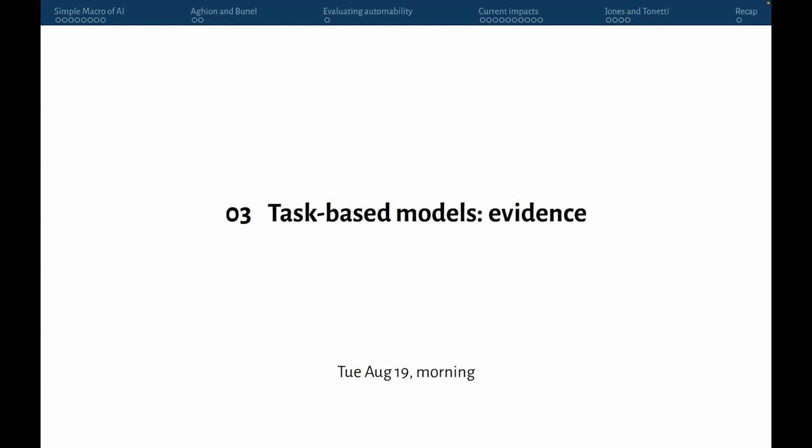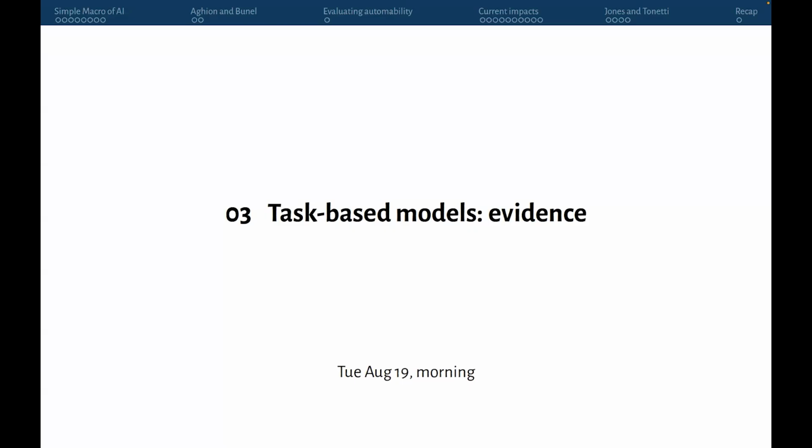And just to give you an idea of the format for today, I'm going to go for about an hour right now with no break. Then there's going to be our 15-minute break, and then Arjun's going to go for 30 minutes. And then in the afternoon, we'll have Bharat and Tomas both presenting for 45 minutes.